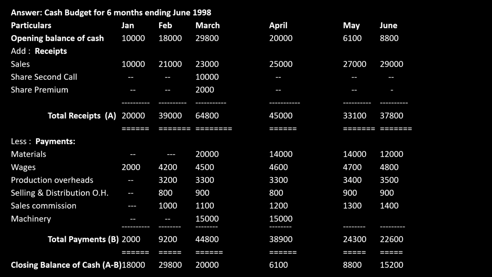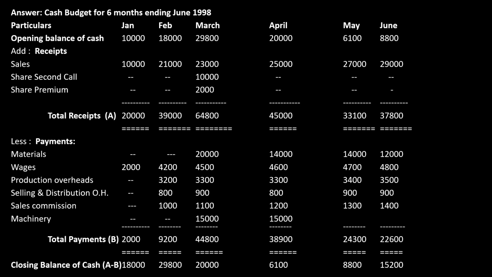For example, in the case of January, the sales is 20,000. Out of 20,000, 5% will give me how much? 20,000, 5% will give me 1,000. So sales commission of January sales will be paid in February. The sales of February is 22,000. Out of 22,000, 5% will give me 1,100. So that will be paid in the month of March. Then same way, what are the sales of March? March sales is 24,000. Out of 24,000, 5% will give me 1,200. So for March, commission is paid in April. The same way it goes on.